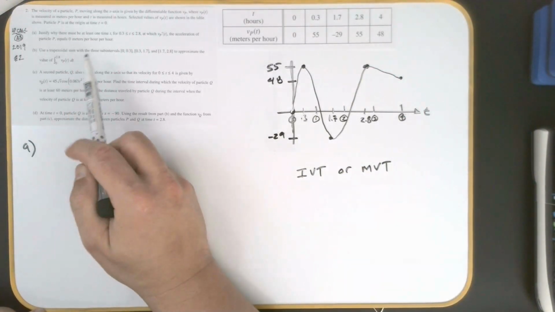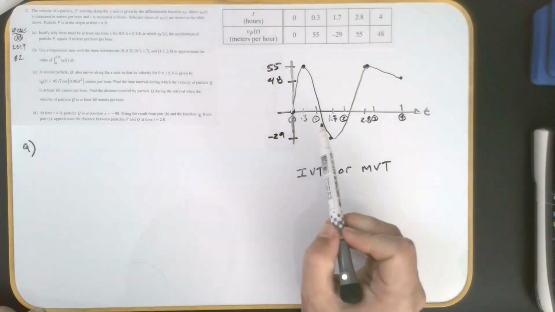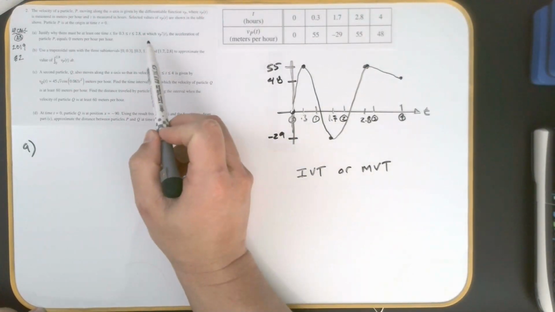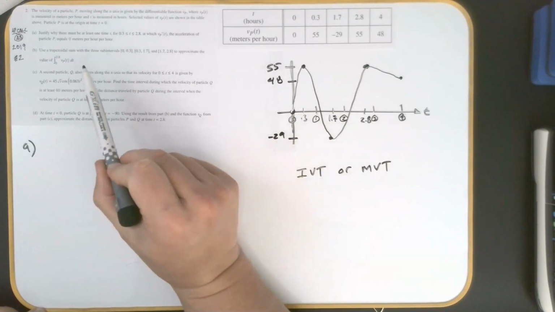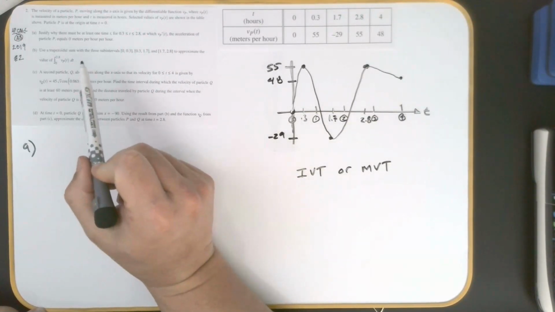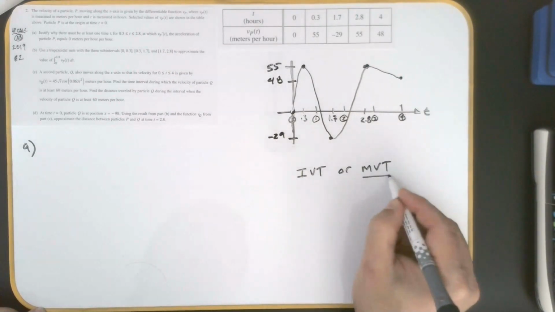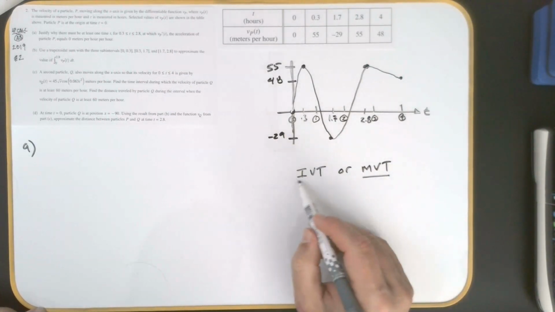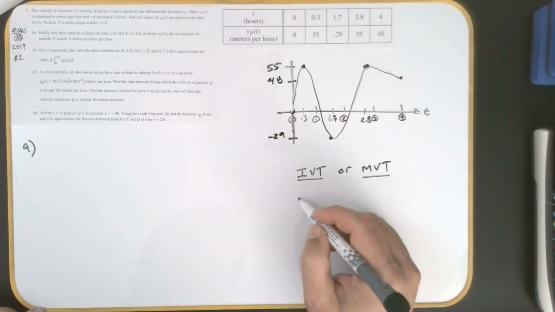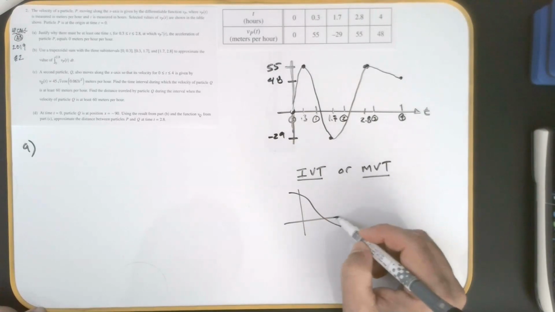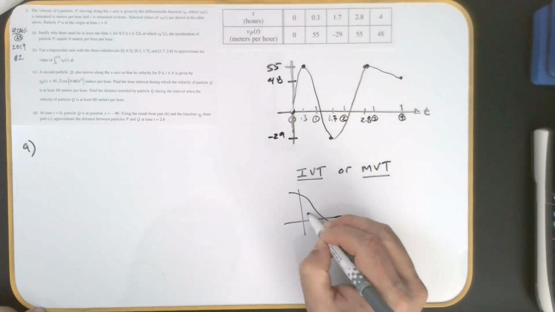Justify why there must be at least one time in the interval. In this x interval, there's going to be a time in which the derivative is equal to 0. Well, the fact that they say the derivative of velocity, that's making me think more mean value. Because remember, intermediate value theorem is really a pre-calculus rule. Just a very quick review here. Pre-calculus that says, well, in an interval,